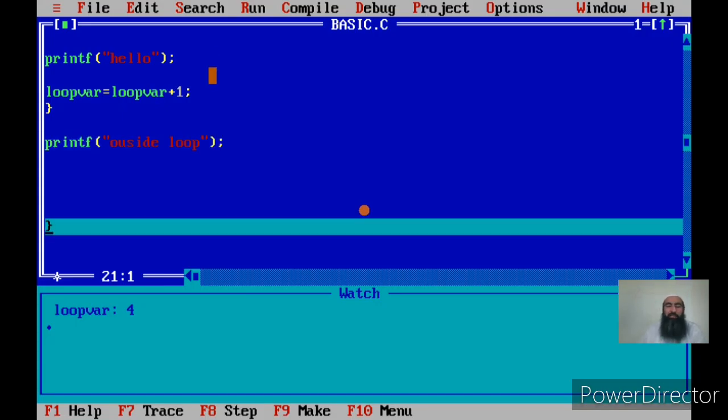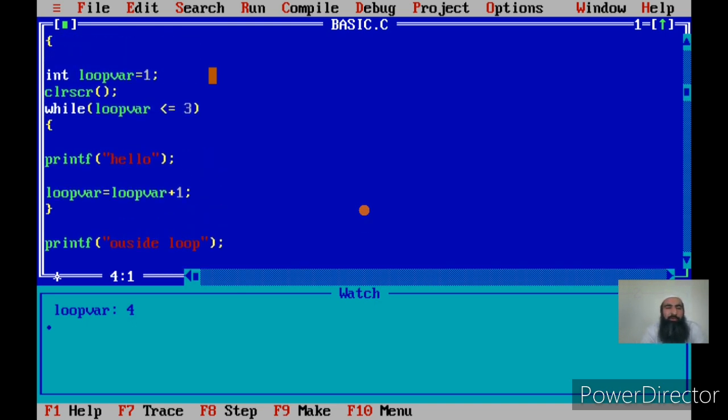This helps us in understanding the life cycle of the loop. So what happens during the execution of the loop? Initially the loop variable is initialized outside the loop. That's the first step. Then the condition is checked on the loop variable, and if the condition is true, the loop body is executed. If the condition is false, the control is immediately transferred to the statement after the loop, that is this statement. Now if the condition is true, the loop body is executed, and once it is executed, the loop variable is incremented. This is the third part of the loop.